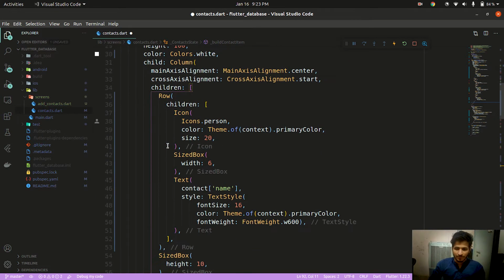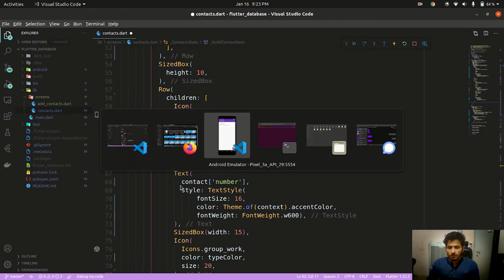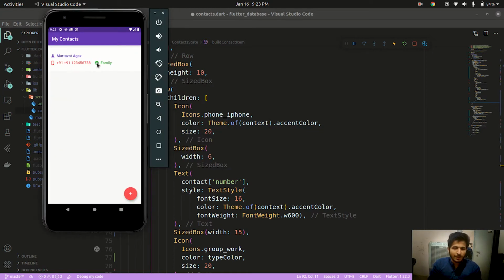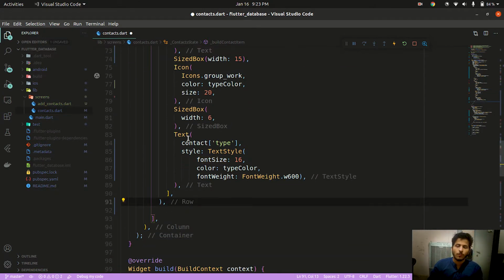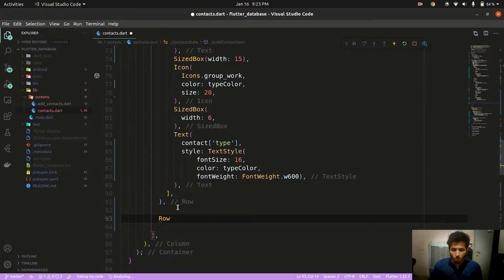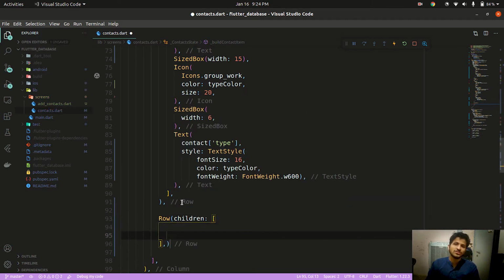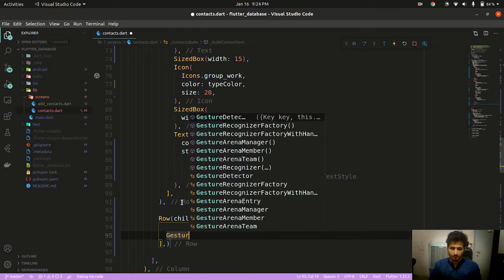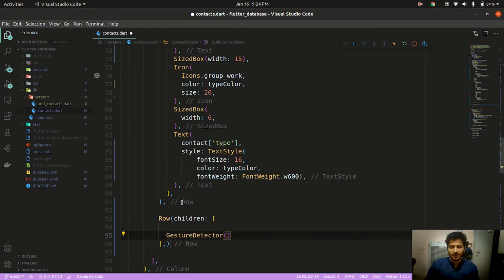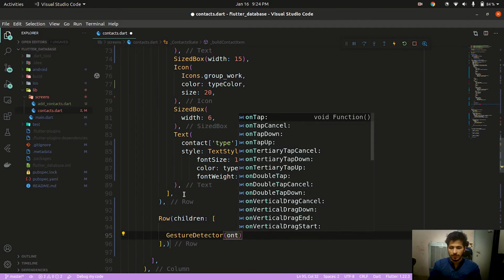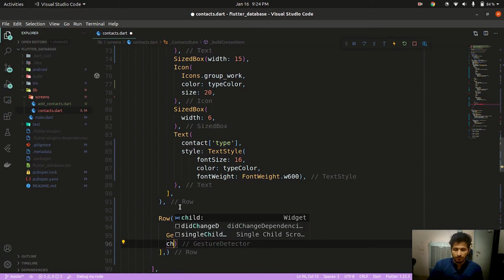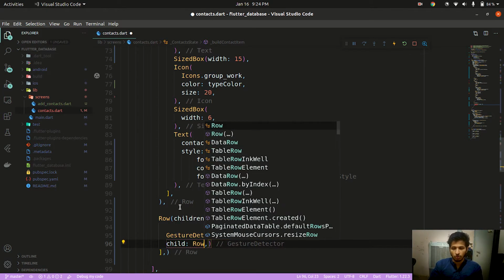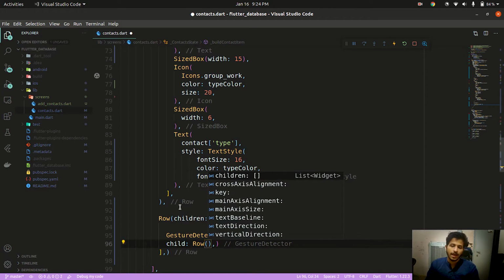for edit and delete. We are going to create two buttons below the mobile number and type of our contact. We're going to create another row below this row of mobile number and type. So let me just create a row, and with children, the first child will be a gesture detector, and I'm using gesture detector so that we can handle the on tap event on this button. For now, let's make it empty and let's give it a child. The child is going to be a row which will contain an icon and a text.